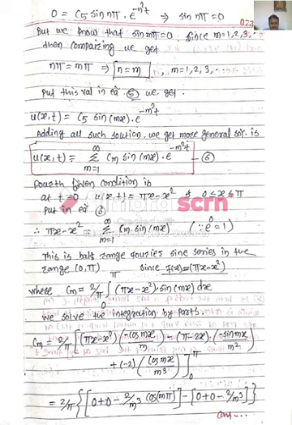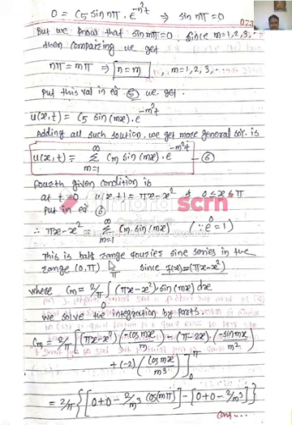So we get u(x,t) = π x − x², which is equal to the summation from 1 to infinity of Cm sin(mx). Putting t = 0 here, e raised to 0 is nothing but 1, so we get this term.